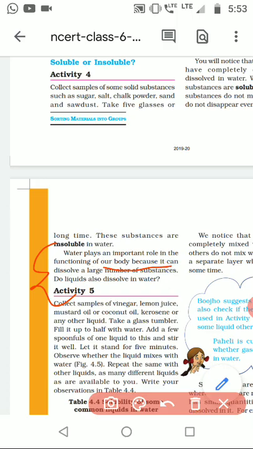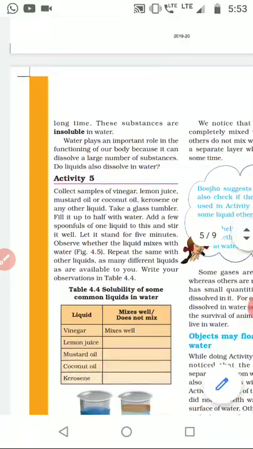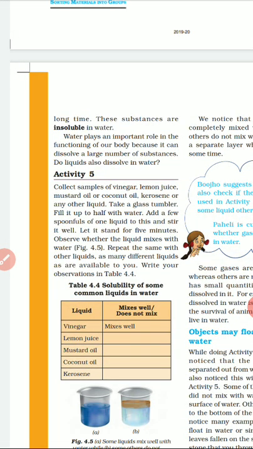Inside our body, 90% is water. This water is required because water is a universal solvent. Water is called a universal solvent because it can dissolve the maximum number of substances, or different types of nutrients, inside our body, and because of that our body can continuously get the nutrients which are dissolved inside the water. So water is a very important solvent which can dissolve so many things in it.